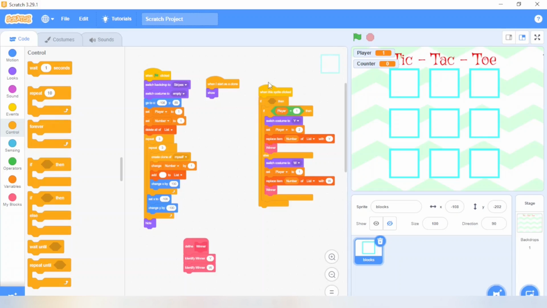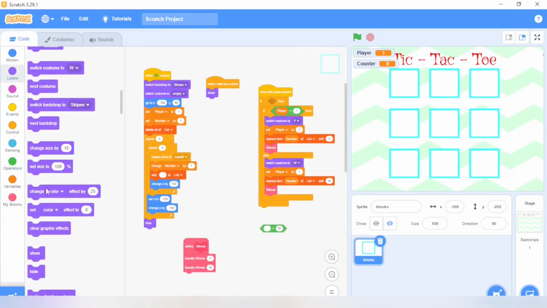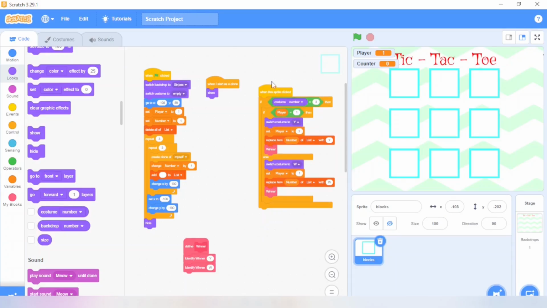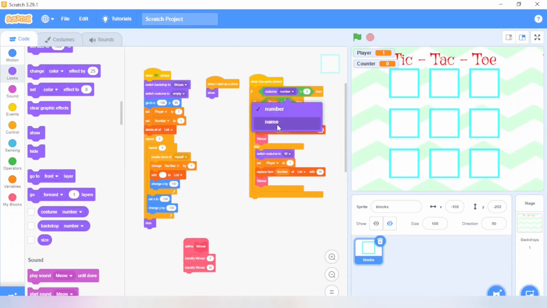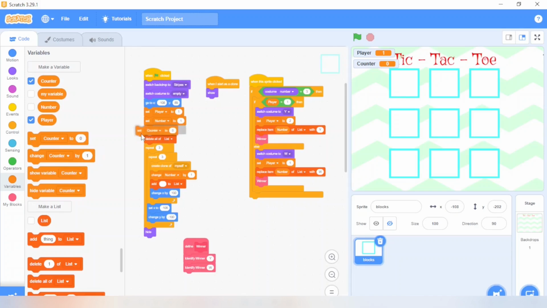Now here I'm going to take operator block and here we'll use the costume number. Here if the costume number total reach to 3 and that value will put it over here. We are not using the name because we have used the number over here. So we'll use number in that side. And next, the counter number should be changed by 1. Now I'm going to use counter variable, set my counter variable 1 and it's going to be changed by 1.